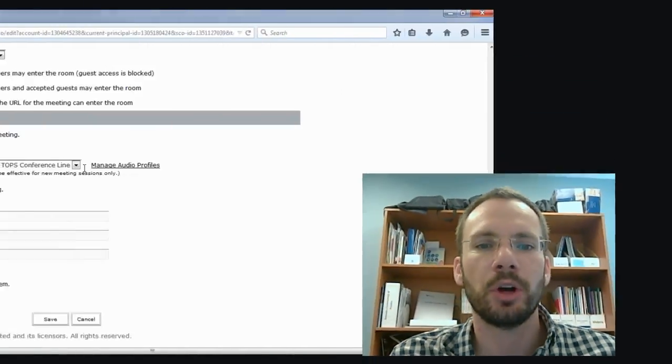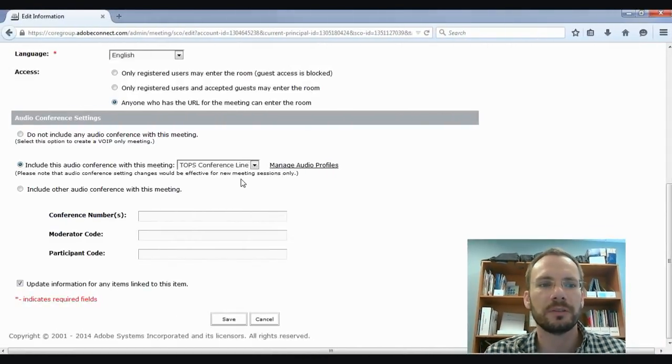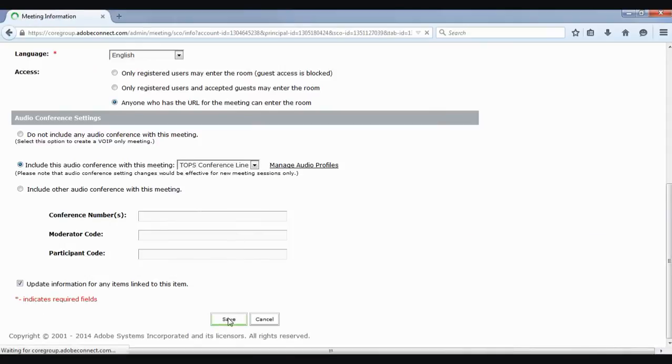Now you can't use just any conference line with Adobe Connect. Only special conference lines are compatible. Most of those free conference call lines and stuff like that are not compatible with Adobe Connect. So if you're interested in syncing up another type of audio conference line with Adobe Connect, I'd encourage you to investigate that a little bit to see if it's compatible, and then to set up an audio profile for it if it is. So now that I've already got things in place, I'm going to go to Save here,